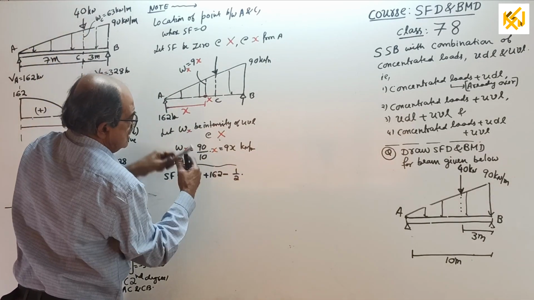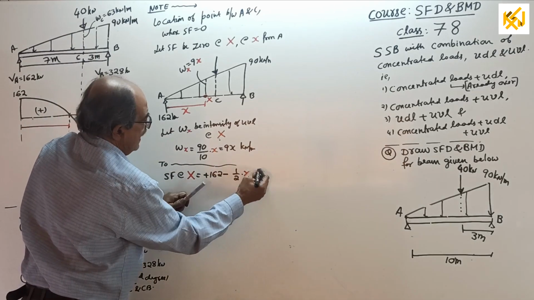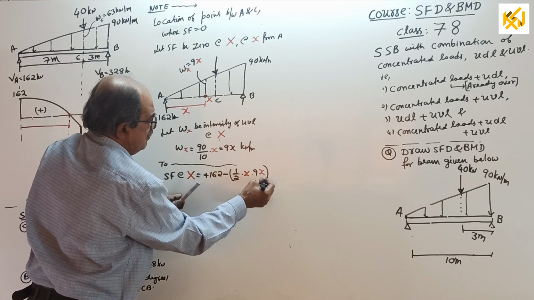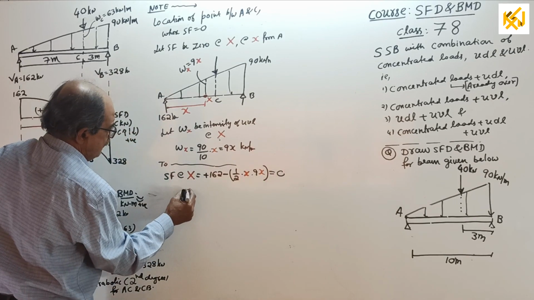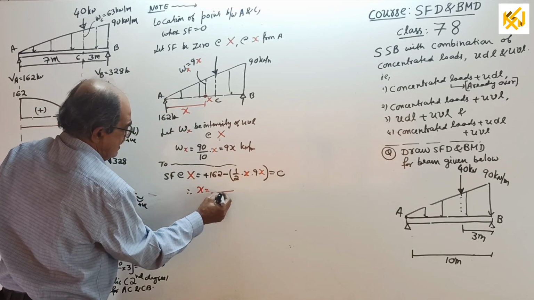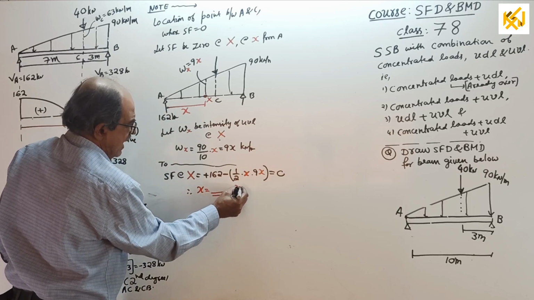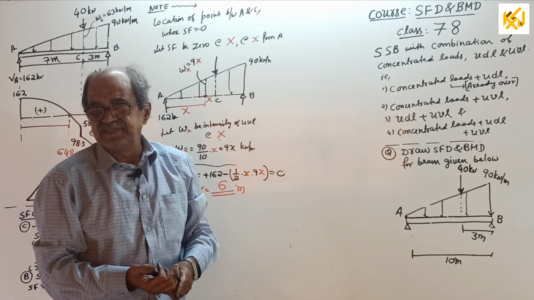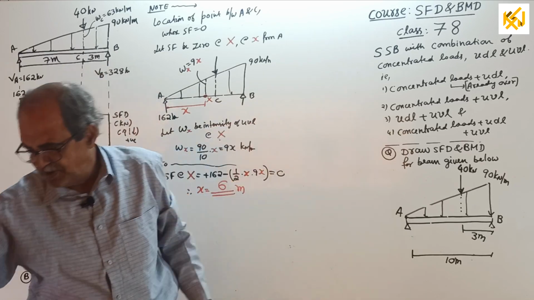Half into X into 9 times X is the shear force. This should be equal to 0. Therefore, you get the value of X. I am not checking. It has to come 6 meter because I set the question to get 6. Anyway, for your satisfaction,